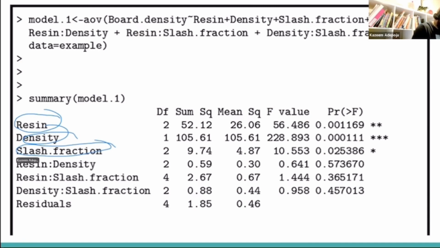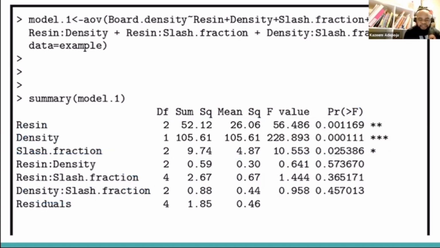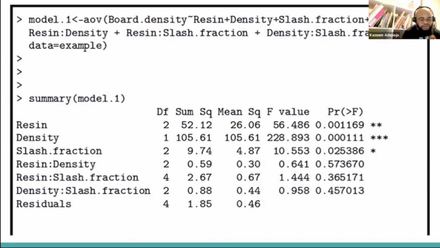If you want to take a look at those that are significant at the 0.05 level of significance, you're going to see that even though we are considering a three-factor experiment, the highest interaction here is not significant, and some other interactions as well are not significant. If you take a look at what we have here now, based on this model,